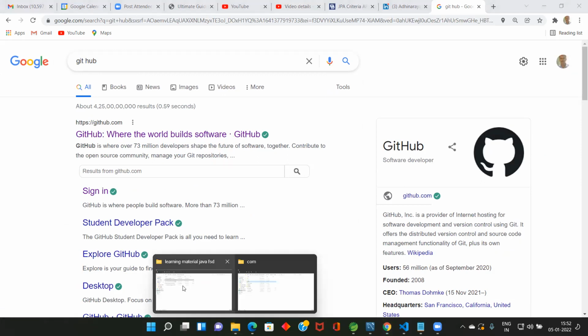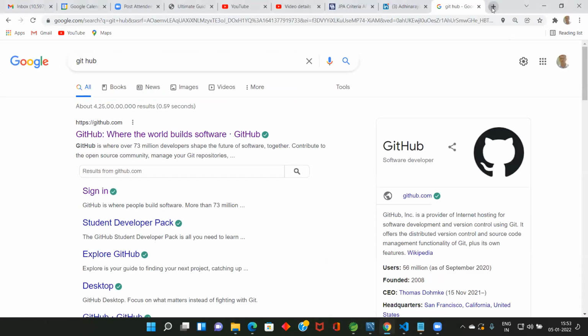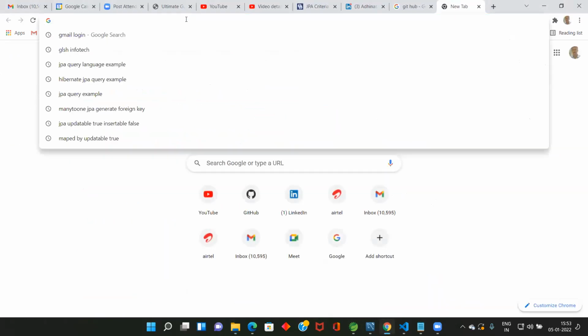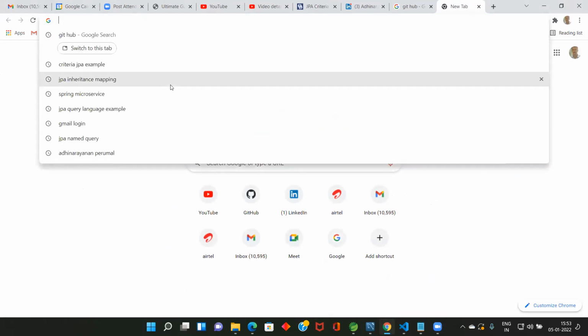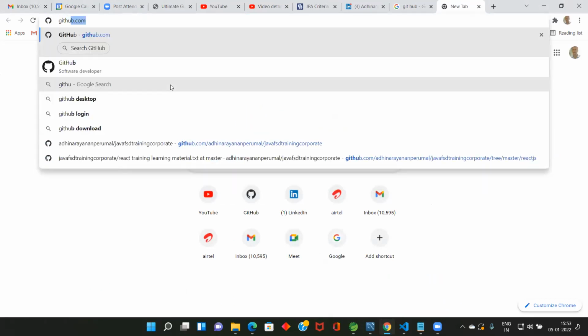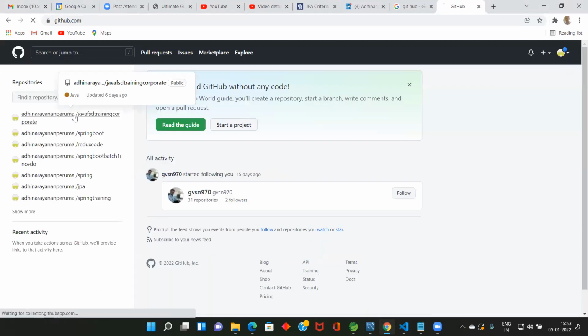Already there is a Git repository. Okay, this is a Git code. Let me go to my Git repository. All should create one Git repository. Now you need not, but you should have an account. I think so, you should have an account. To access, we need an account. GitHub.com. See, I uploaded all the code here.